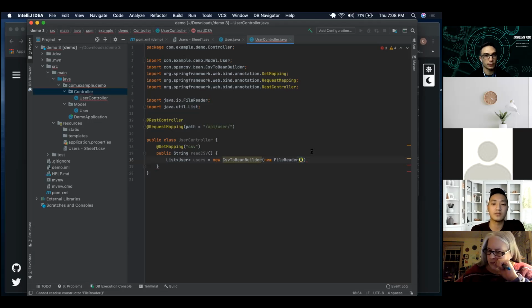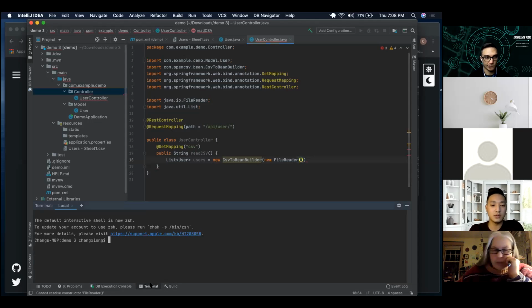CSV to bean builder. It builds a bean. Okay. And then this file reader here pretty much just reads the source of our CSV import. So here, this is where we're going to put the path of our CSV file. So to do that,